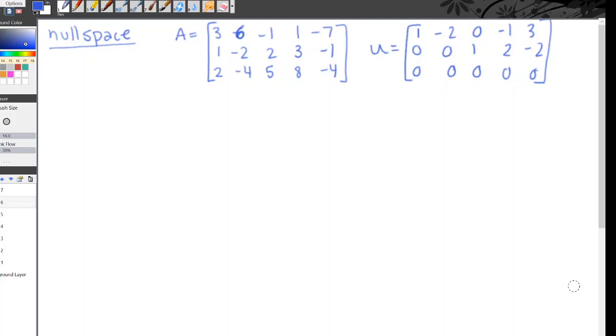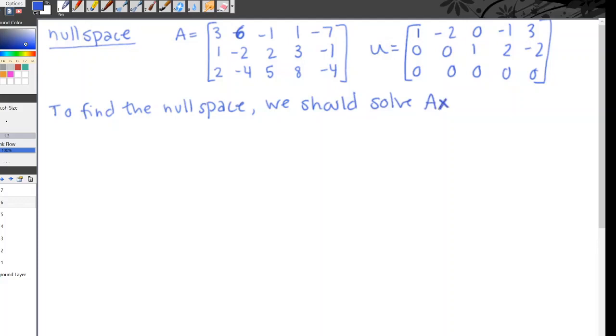So to find the null space, we want to solve AX equals 0, because that will tell us what are the vectors that when you multiply them with A, you get 0. That's what the null space means. But as we already just discussed earlier, that has the same solutions